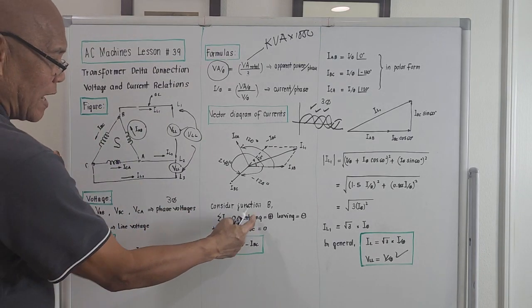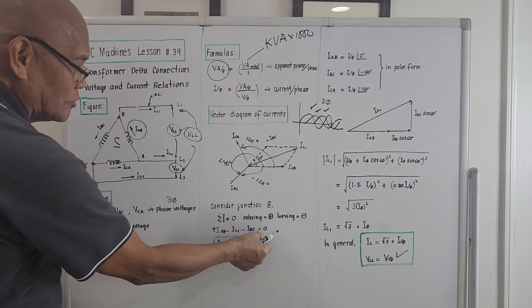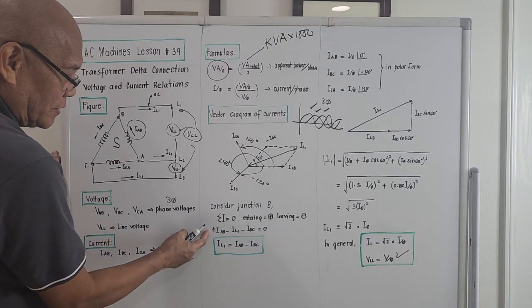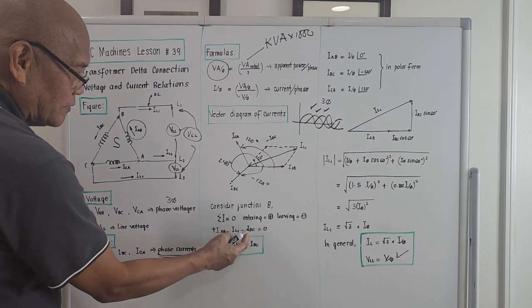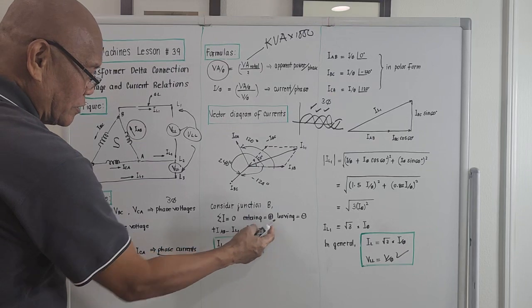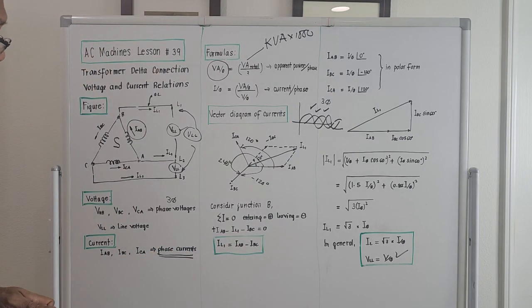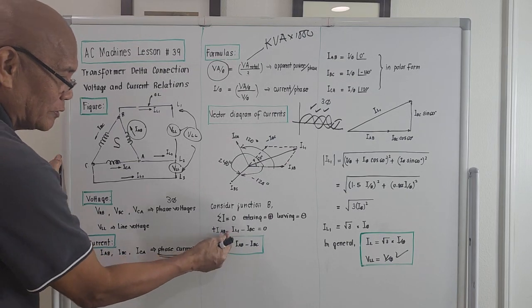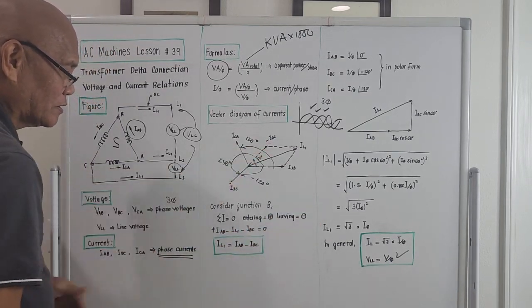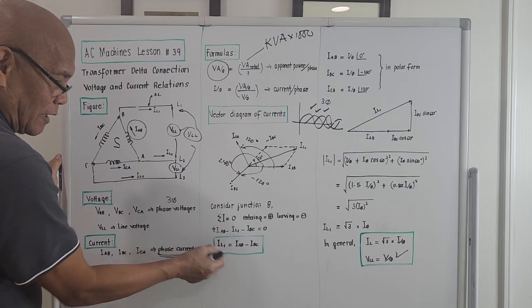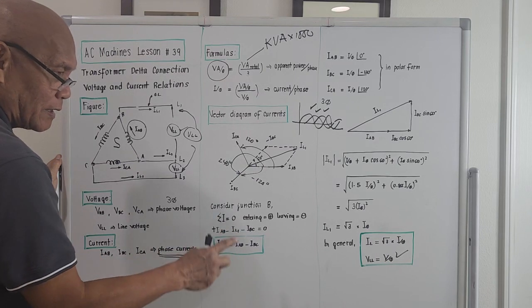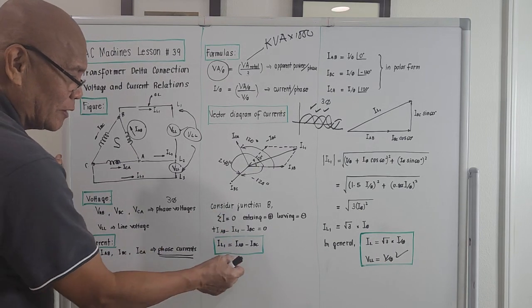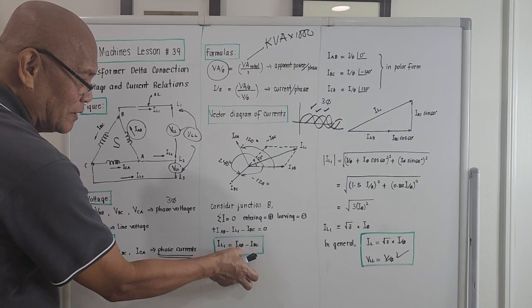This is minus I sub BC, and this should be equal to 0. Manipulating this equation, we will compute for IL1. We put this on the right, then rearrange. IL1, meaning line current number 1, should be equal to the phase current IAB